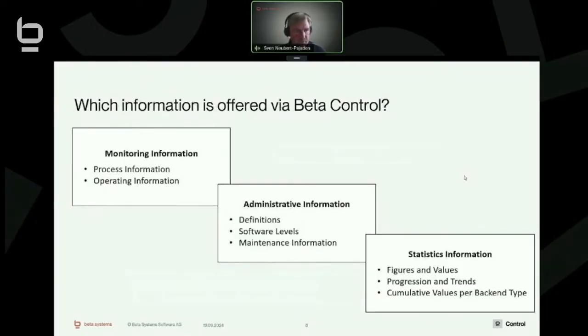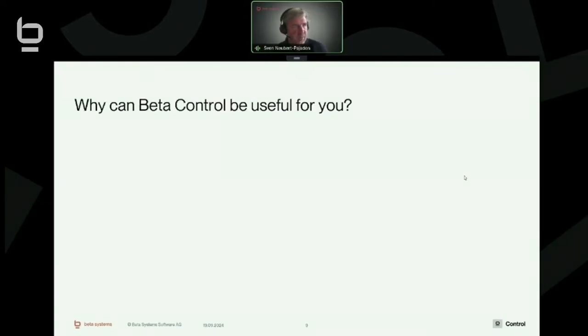And just that brief overview of the information that is offered via beta control, that's what I mentioned on the previous slides. Here, just a brief summary: monitoring information, administrative information like definitions, and statistics information as well. We will see that live in a few moments. And before I come to the second part with the news for beta control, just one slide that